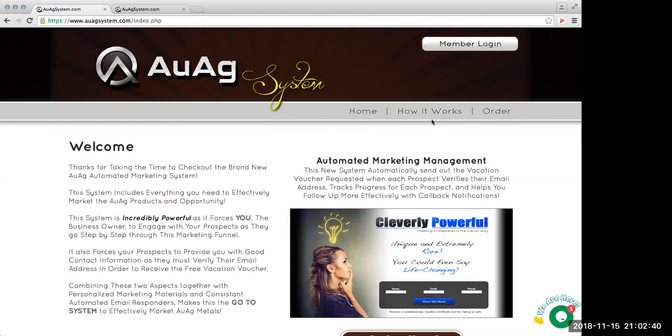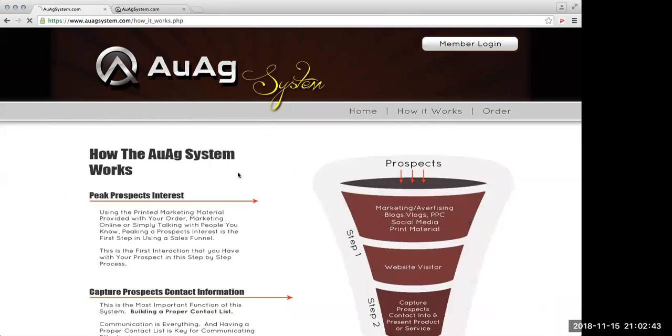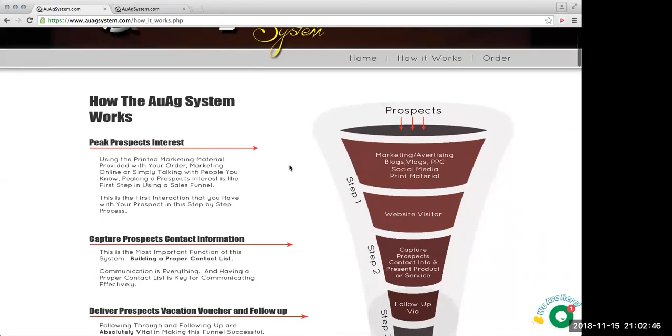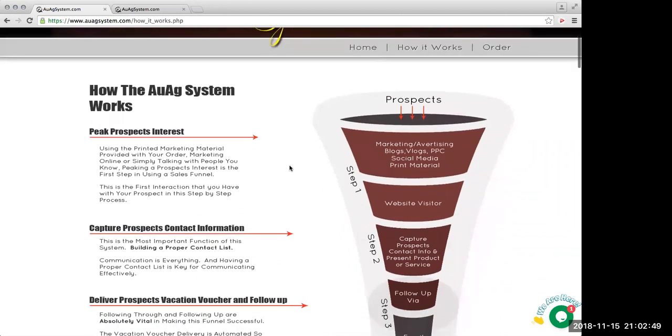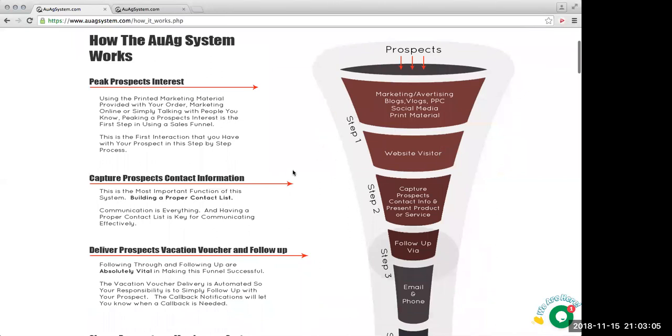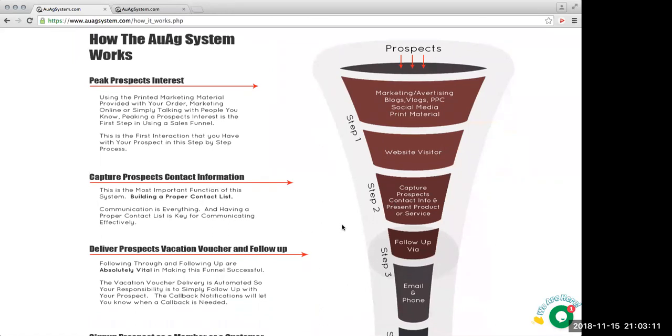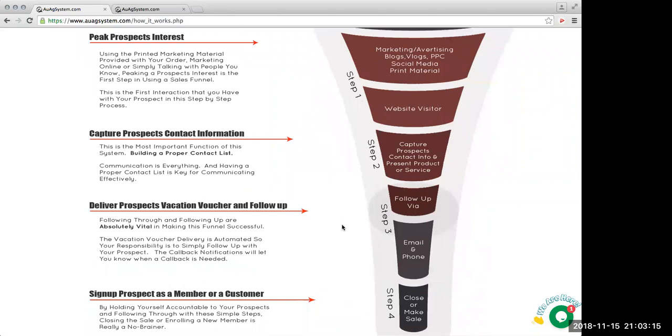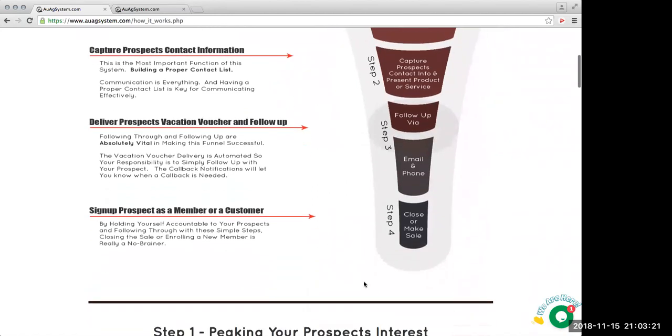Okay, so on the site, I'm just going to click over into the how it works, because this explains the breakdown of what this system will do for you. This is basically a sales funnel where you market to people, utilizing different forms of marketing like advertising, blogs, pay-per-click, print material, whatever you're doing, directing them to a website where you capture that person's contact information, and then you present the product or service that you're offering. Then we follow up via email and phone calls and things of that nature, which I'll get into in a little bit. And then we make the sale or close the sale,